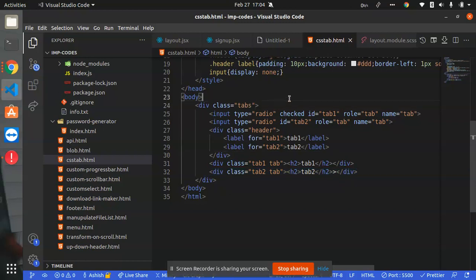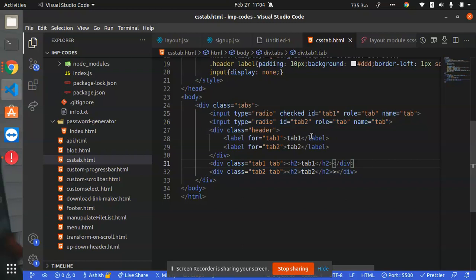And to make this CSS tab, we will take the help of the input type radio. As you know, there is the checked functionality, so we will take advantage of the CSS input type radio, in which we will conditionally show the tab on checked of the input. So when this input is checked, then we will show the first tab, and when input 2 is checked, then we will show